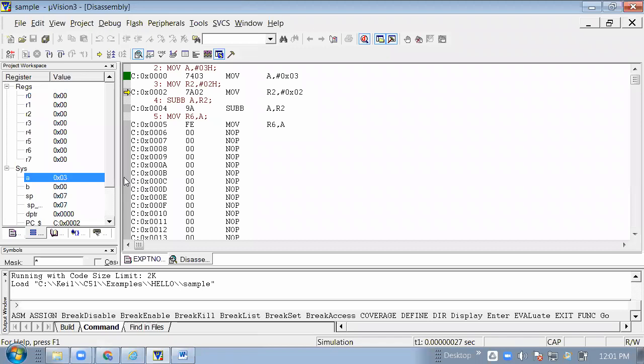F11. 03 is contained in A, 02 is contained in R1. Again the result is 01, so A contains 01. This is transferred to register R6. 01 will be transferred to register R6. Okay, so this is the